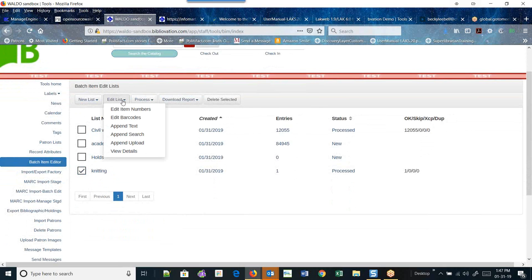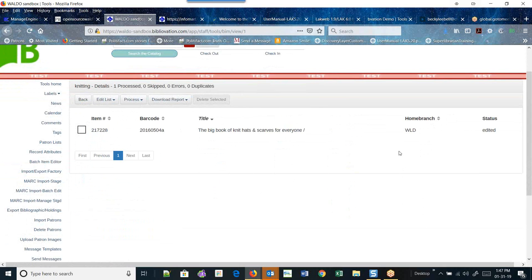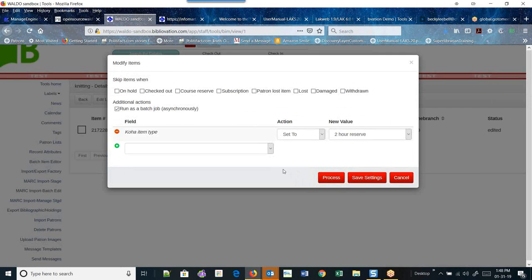So I'm going to click on this one, and I'm going to click on View Details. Okay, this tells me what is in the list, the barcode number, the title, and the home branch. Now, in this one, I changed the home branch from whatever it was in the record before to WLD, and this is a notification that it's been processed. If I click on the Process tab, it identifies